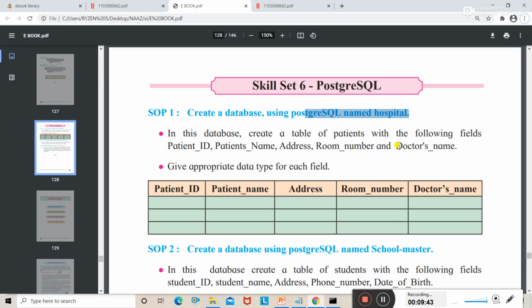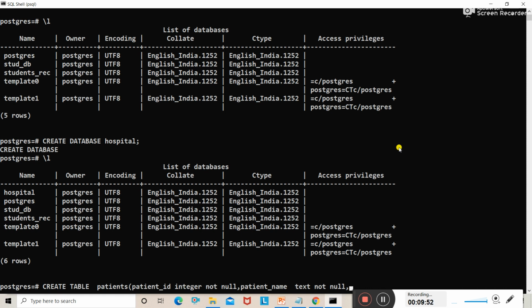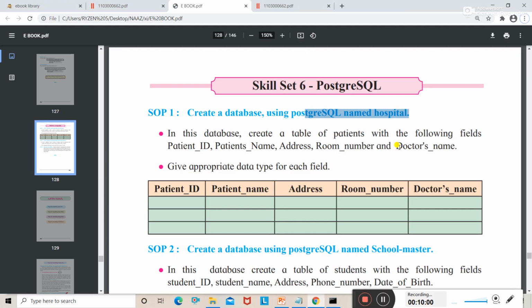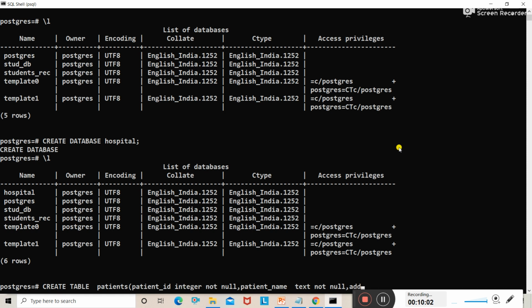Okay, the next one after patient name, the third one is address. Again we are going to store numeric and alphanumeric type of data in this, so again you can assign this as text type. Okay, so next one is address. For address, the data type will be text type. Okay, and you cannot leave it null, not null.